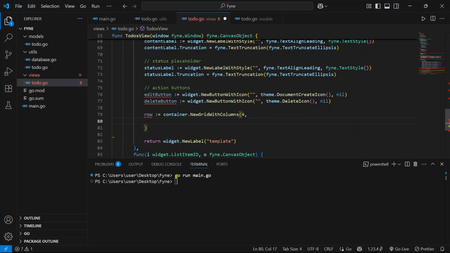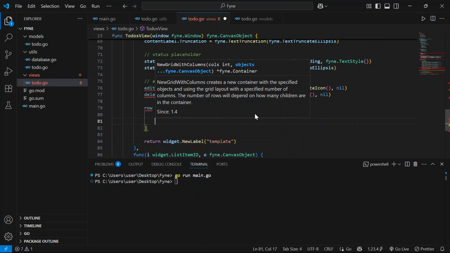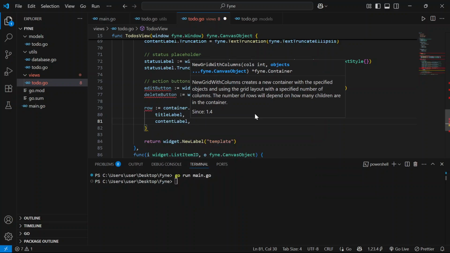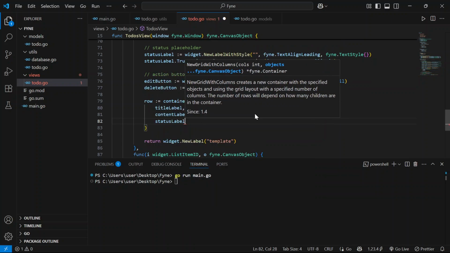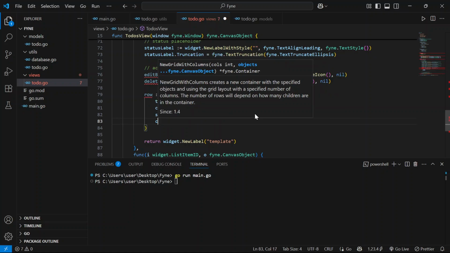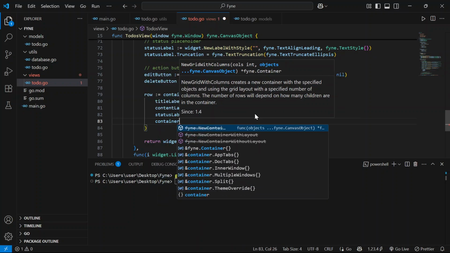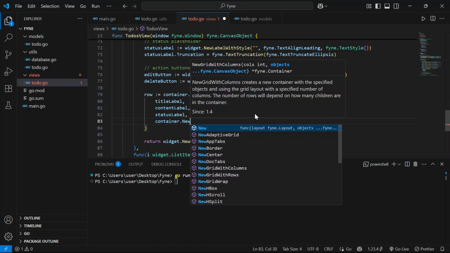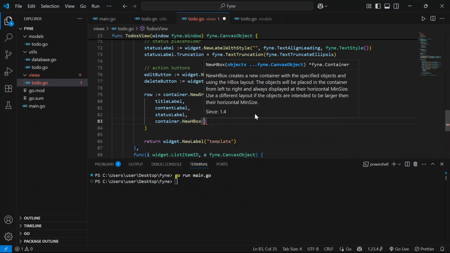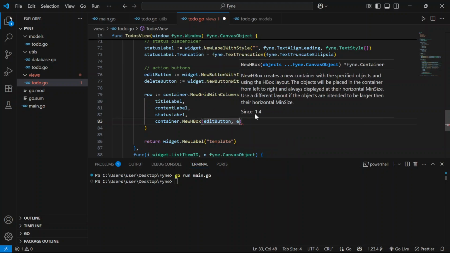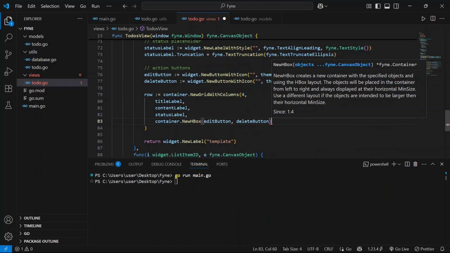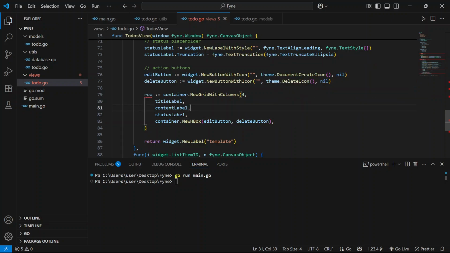So I'm just going to come here and say title label, content label, status label, and then I'm going to say a container. Put new hbox because I want the edit button and delete button to be horizontal, and then here we are going to return